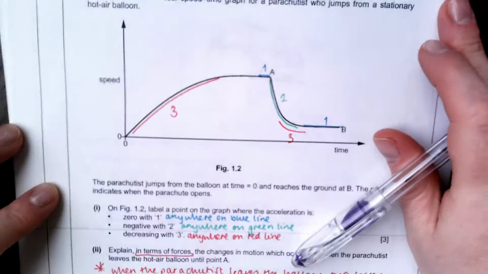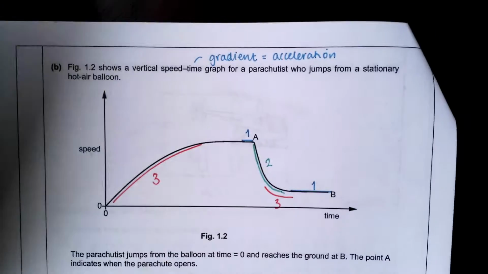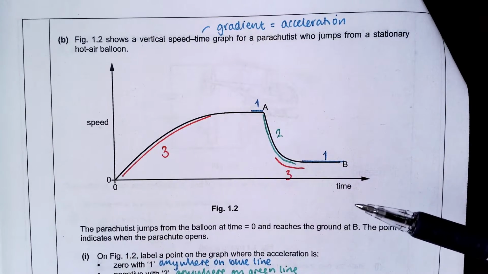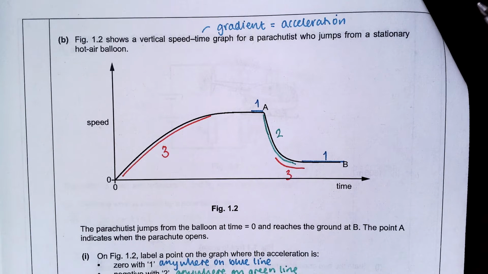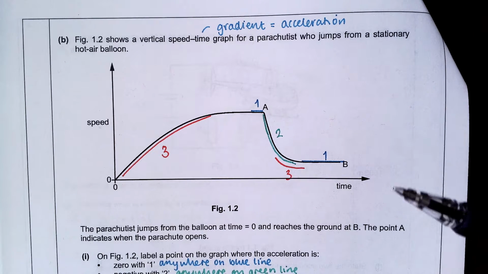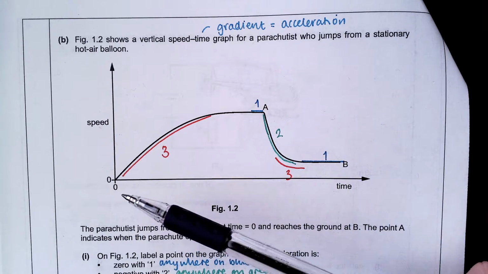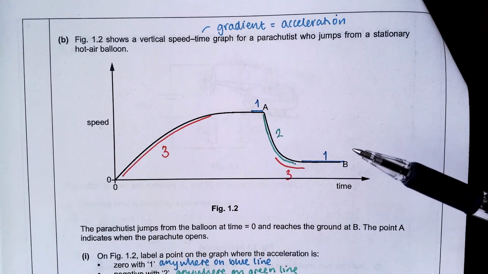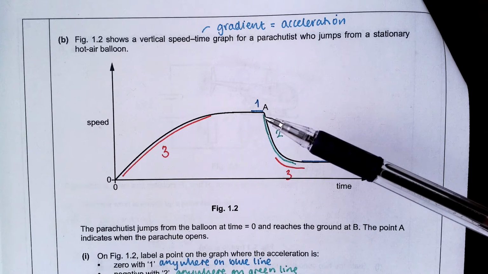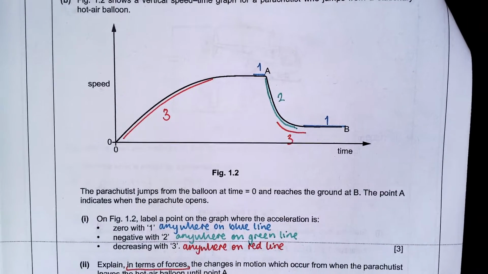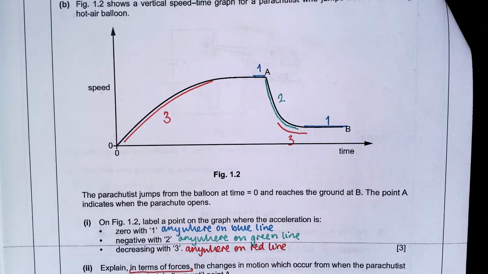In part B, this was a little bit more difficult. You have a figure showing a speed time graph for a parachutist who jumps from a stationary hot air balloon. The parachutist jumps from time t is 0 and reaches the ground at B. The point A indicates when the parachute opens. On figure 1.2, label a point on the graph where the acceleration is